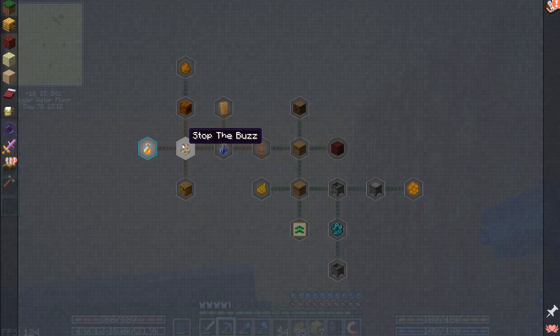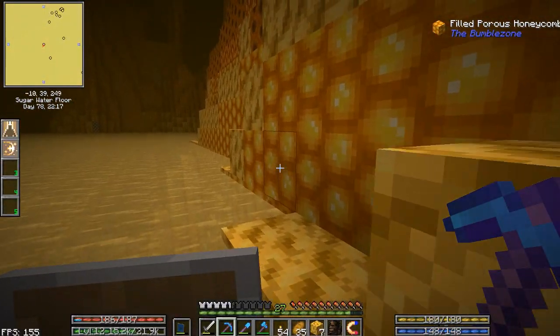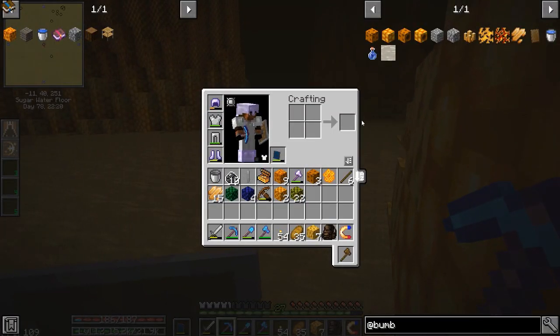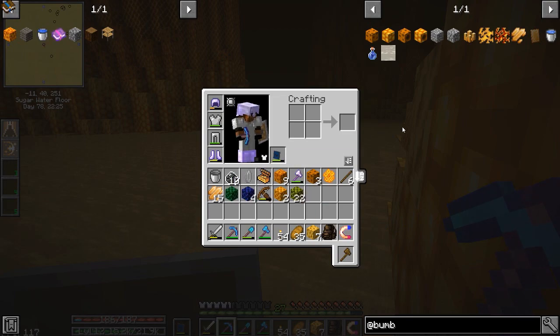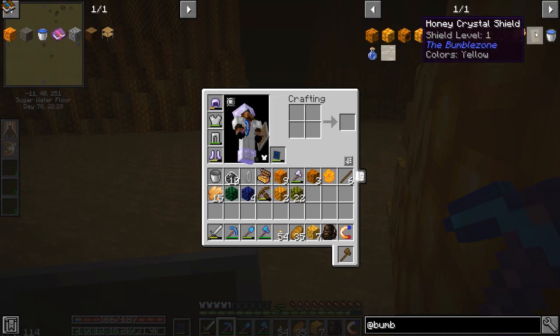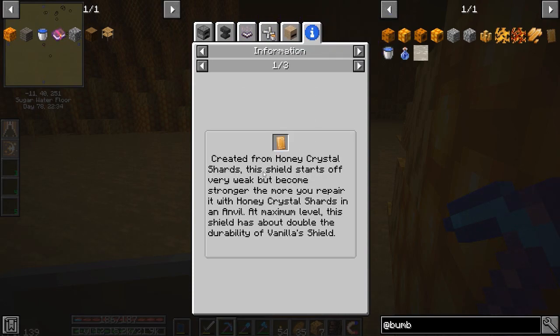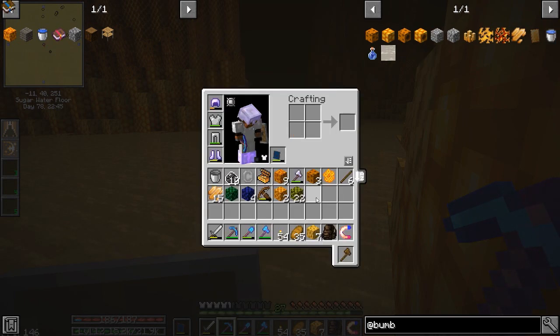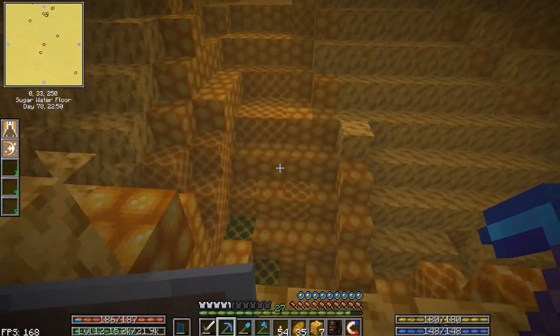But as you can see, we got that completed. Unfortunately, I don't think I was able to get the other stuff because I didn't bring any bottles. I didn't even think about it at the time. I probably should have, but as we can see, there's a honey crystal shield, which is actually pretty neat. It says it's created from honey crystal shards. The shield starts off very weak, but becomes stronger the more you repair it with honey crystal shards and an anvil. Maximum level, the shield has about double the durability of a vanilla shield,